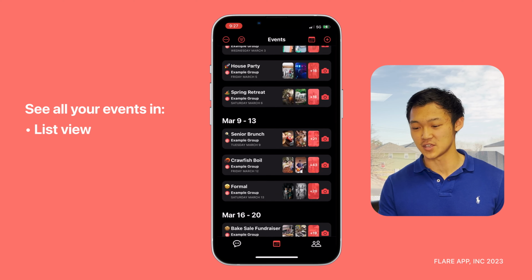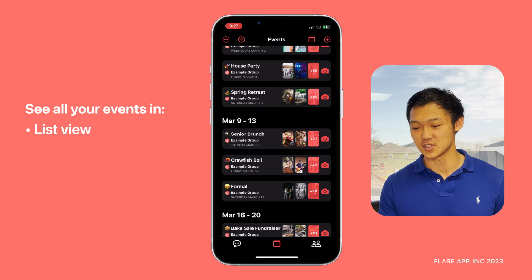So if you tap on one, you can see time, location, theme, description, polls, announcements, comments, replies, and a gallery of photos and videos. You could sort photos by likes, you could comment on photos, you could save them to your camera roll, and the quality of the photo retains. So it's not like GroupMe where it kills your quality so you can't use the photo anymore.